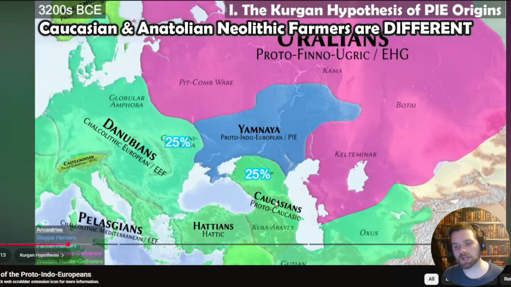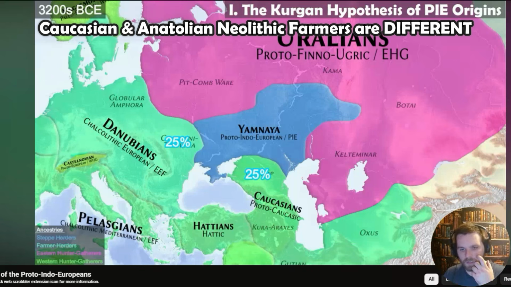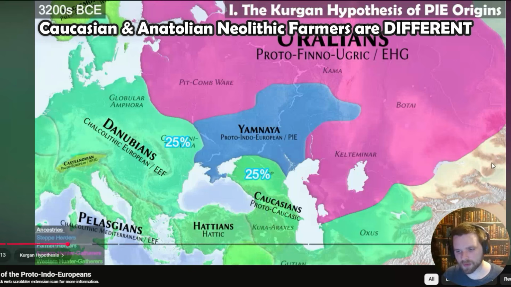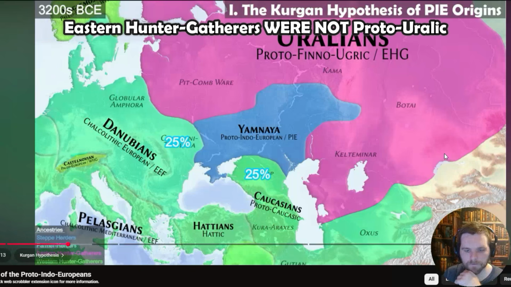But the Caucasus, actually, they adopted agriculture. They themselves were hunter-gatherers, and they didn't necessarily take in a ton of Levantine or Anatolian or other DNA from other cultures. So yeah, those 25, totally wrong. Total guesswork, not true. It should go back to being 50 down here. The other 50% of Yamnaya ancestry was Eastern hunter-gatherers,